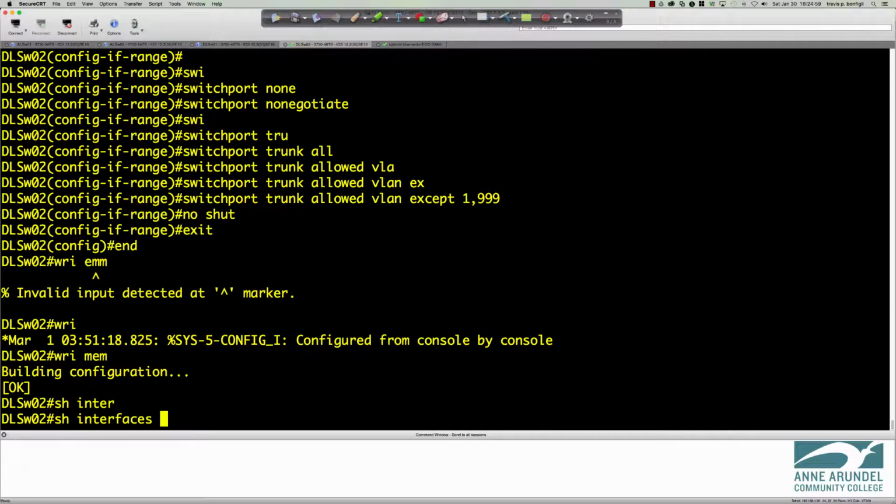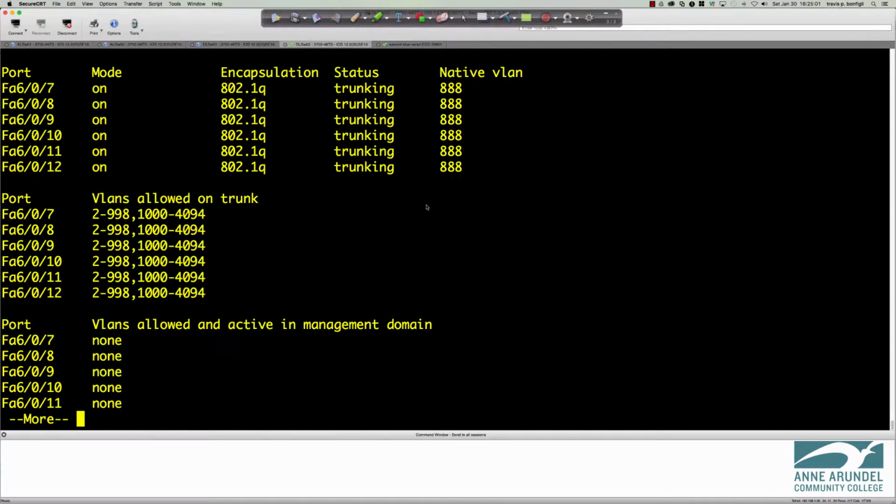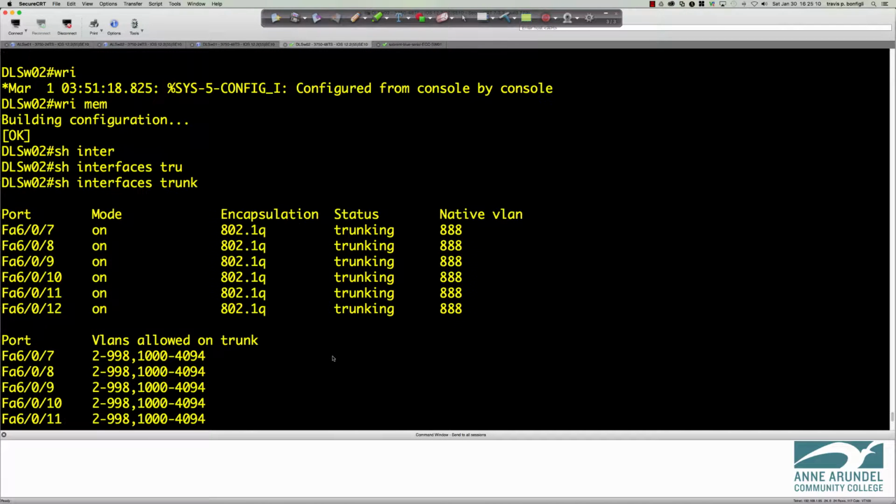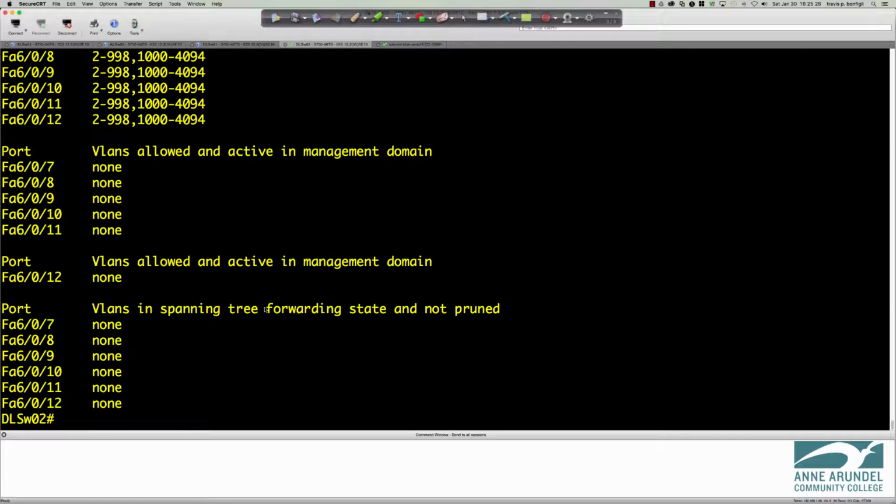So show interfaces trunk is a great command to see what's going on. Now, you'll notice I don't have any VLANs in the spanning tree in the forwarding state, right? But again, we are in on mode, so it's not auto, it's not desirable, it's on. We did not negotiate this on this end. It's hard-coded, and our status is trunking. Our native VLAN is 888. All right, so that takes care of